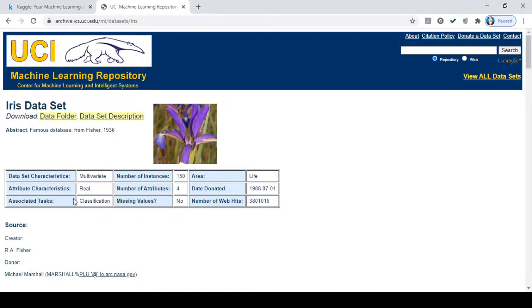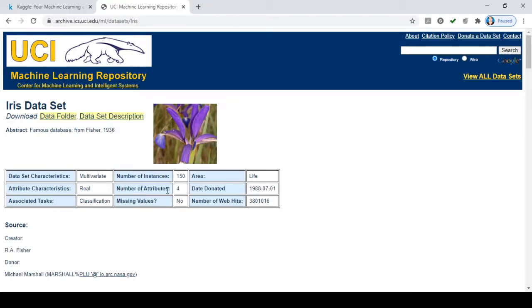That means I can use this type of dataset for classification purposes. The number of instances, or observations, is 150. That means I will get 150 records in this particular dataset.